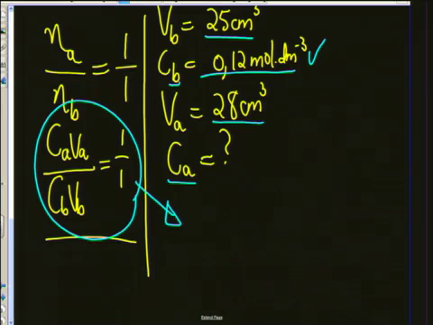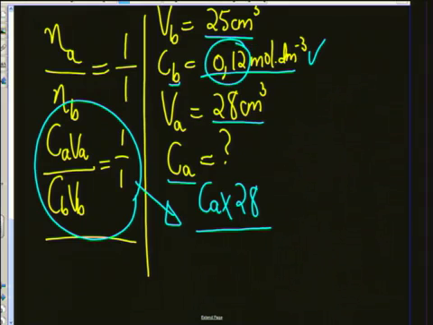So Ca is the concentration of the acid. That is what I'm looking for. So I'll leave it as Ca times the volume of the acid. Like I said, I am not converting this into cubic decimeters because after all I'm dividing, so it's still going to be the same unit. All right, and then divided by what? The concentration of the base. We know it is 0.12. We calculated for it, 0.12 times